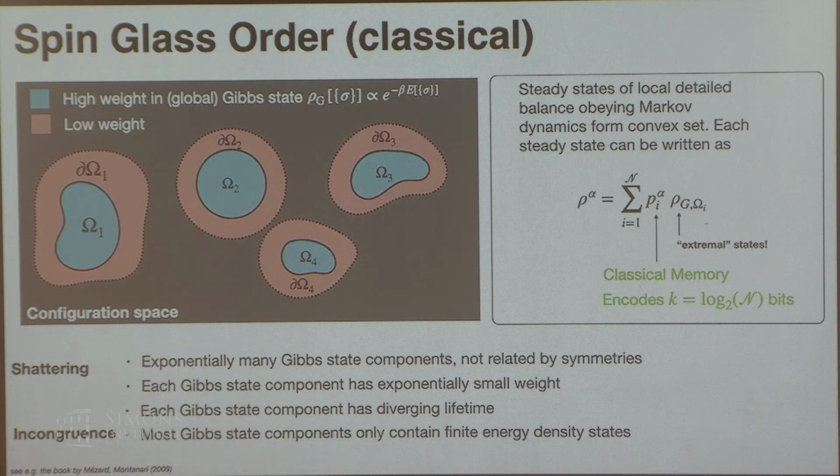Aren't you missing the region in black? The region in black basically has negligible weight. No, but the actual Gibbs state has a negligible component. Yes. But that's not captured in this steady state. So it's only an approximate steady state, which becomes an exact steady state once I take n to infinity.